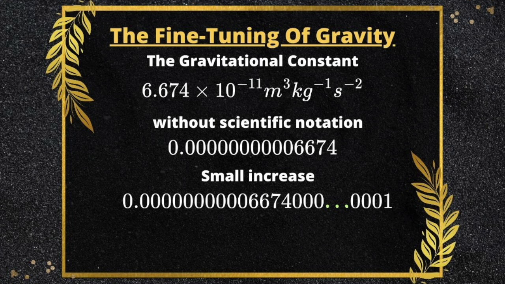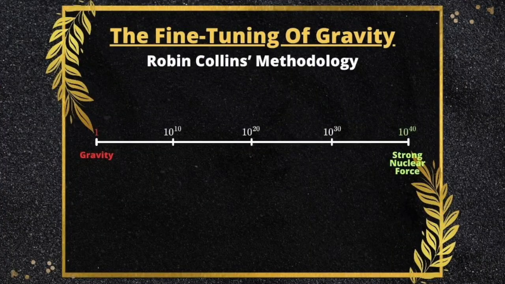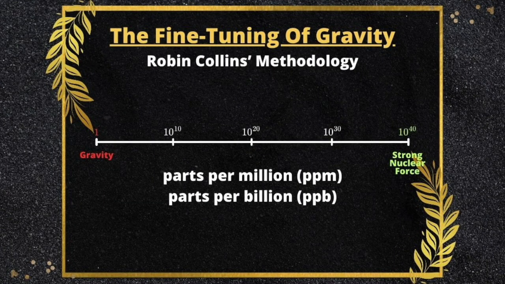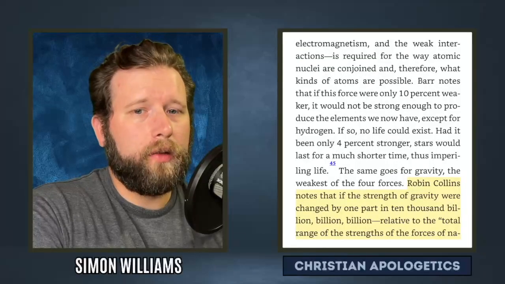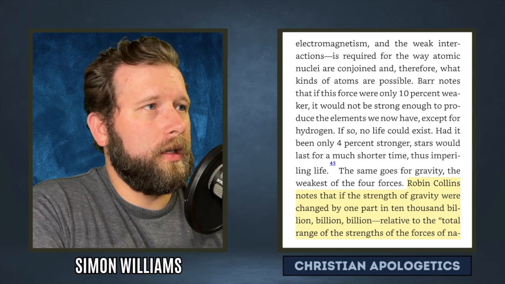But that's not what we're talking about here. When you go the route that Robin Collins is going here, in parts per million, parts per billion, that kind of stuff, just multiplying it by a billion-fold, you avoid all of those calculations. You don't need a precise number in order to run this argument. So all of that becomes irrelevant. And so this is a very powerful argument, and a lot of the criticisms that are launched against it are made in ignorance. Okay, so let's continue on with the argument and see what Dr.